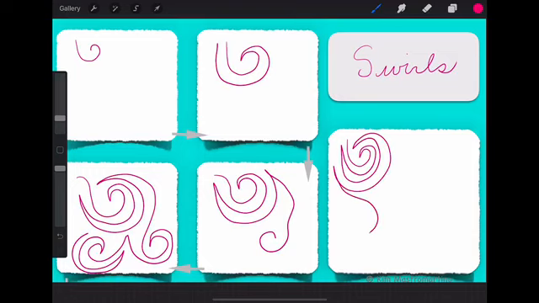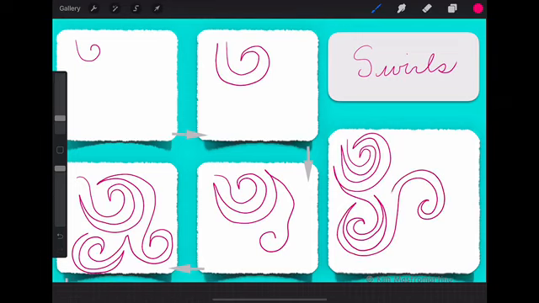Adding in a little bit of an S curve adds a little bit of a flare. Coming back very close to a previous line but not touching. There's always that little bit of a space to give that nice little point and curve. And putting the C shapes in different directions allows for